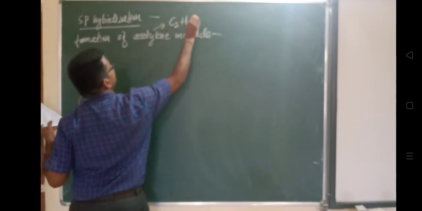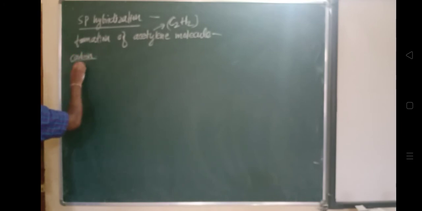In case of excited state, we know that one of the electrons will jump from the 2s orbital. This is 1s, this is 2s, and this is 1, 2, and 3. But right now this is sp hybridization, only one s and one p orbital are taking part and the remaining are unhybridized. You can see here 2px1, 2py1 and 2pz1. This is the excited state of a carbon atom.